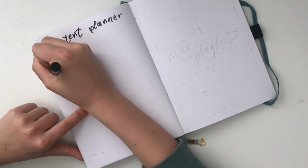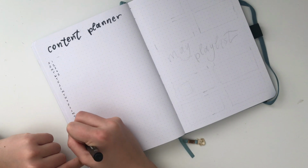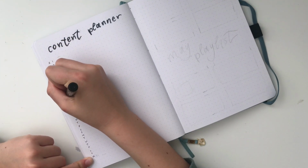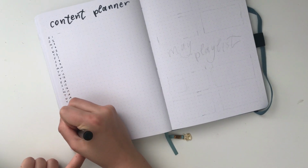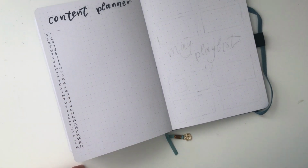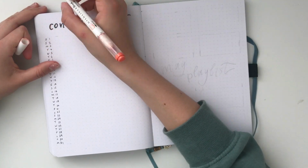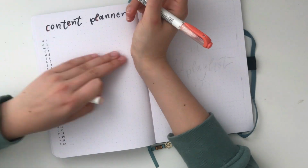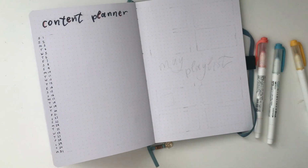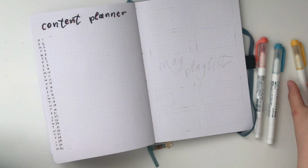So now for my May playlist and my content planner. My content planner is kind of a new spread for my plan with me's. I normally end up adding it later on in the month because I don't really find it that essential, but if I need it, I will add it within my weekly spreads. But this month I just decided to add it because I'm uploading quite a lot of content lately, whether it's an Instagram Reel or a TikTok or an Instagram post on my wellness account, which is pretty new,